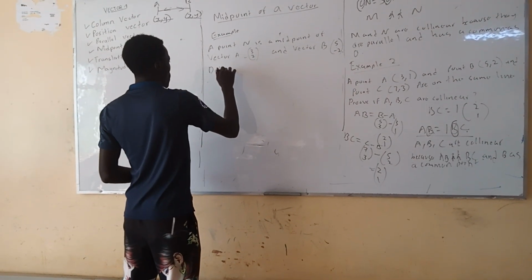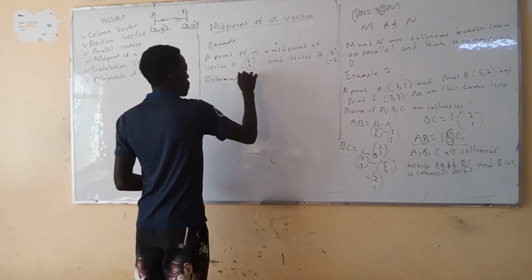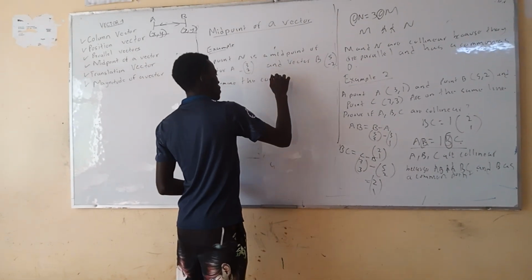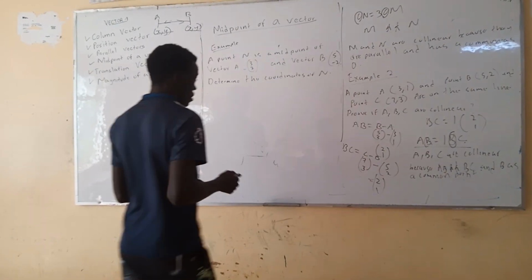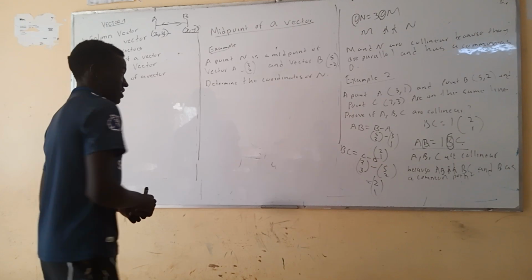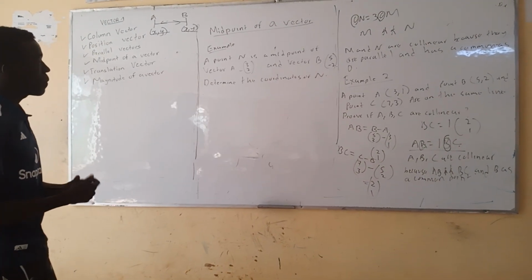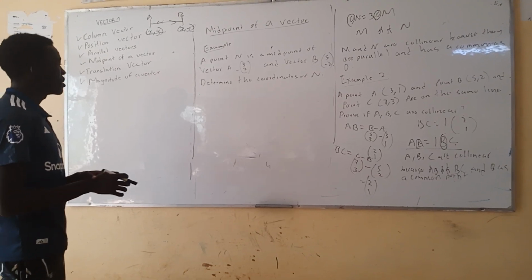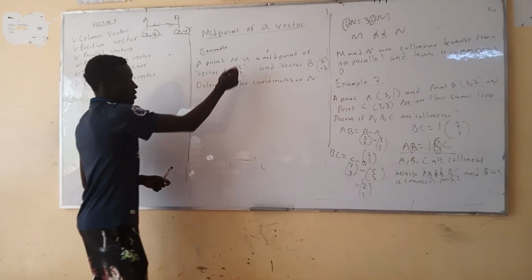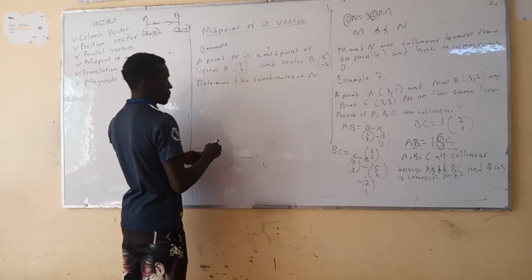Determine the coordinates of N. So if N is the midpoint and you determine the coordinates of N, what you do is this. You remember the concept of midpoint in the equation of a straight line. So you just take this one plus this one, divided by 2. So N